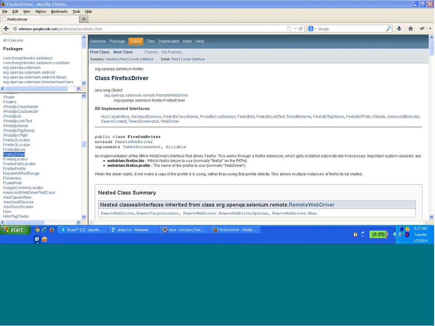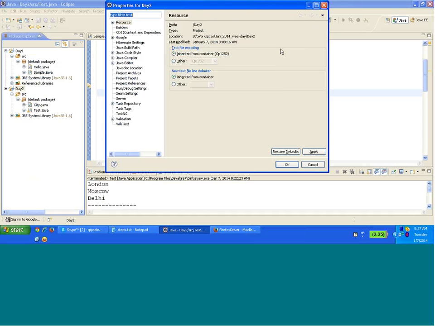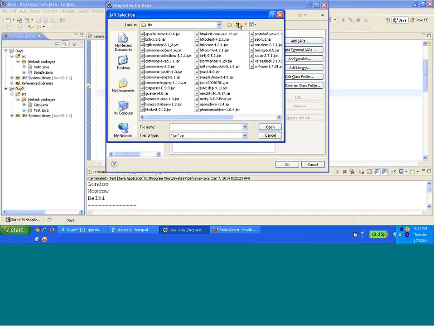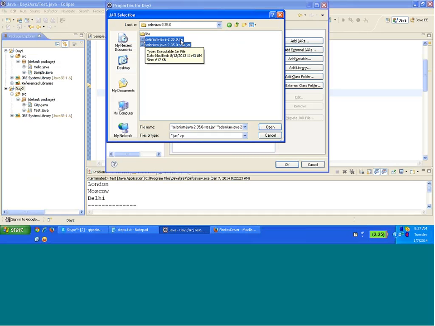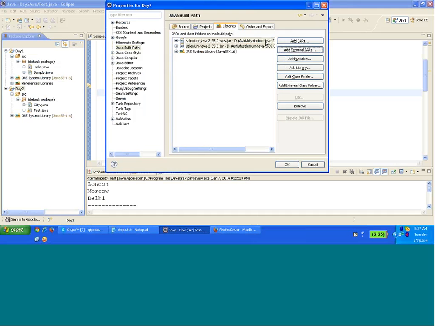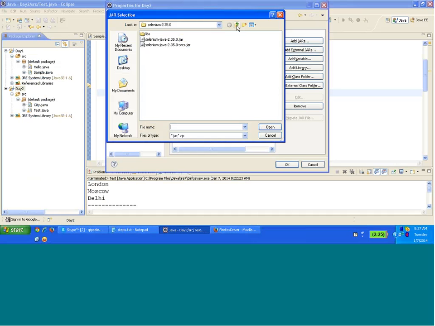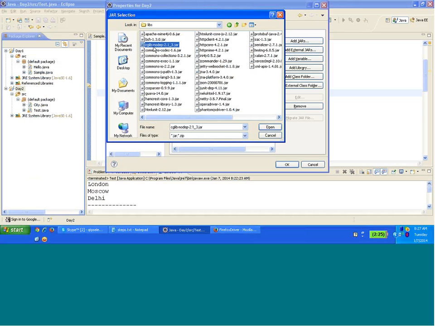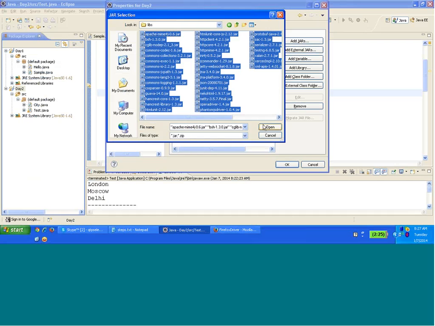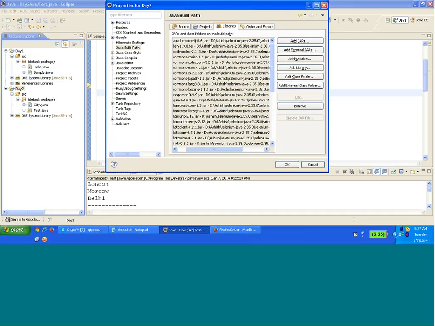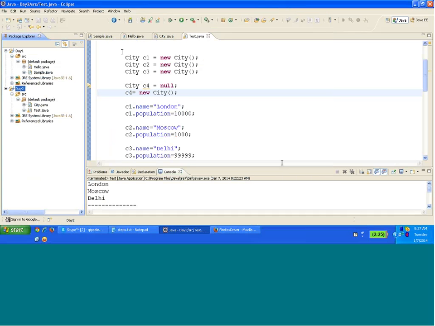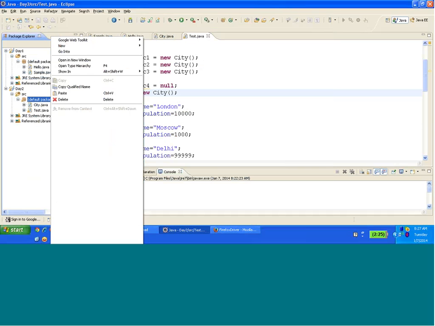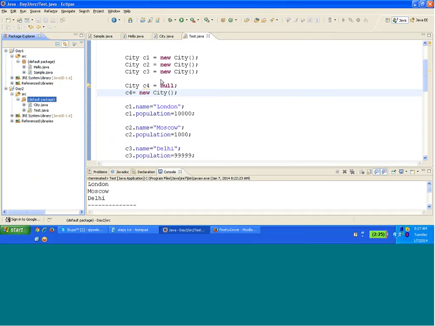You can go to the project properties, Java build path, add external libraries, add the Selenium jar file, and you can add all these jars in the project. Okay. Now, if I create a new class out here,